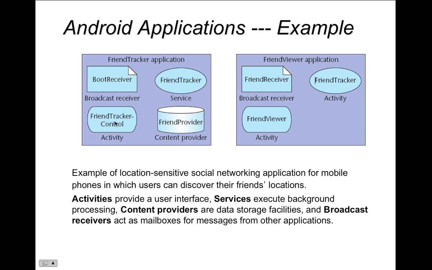The friend tracker controller, if we look at this from a model view controller perspective, would be the activity of the friend tracker. And then on the friend viewer, it's basically viewing, so the activity would be a friend viewer with a broadcast receiver and an activity for friend tracker. An activity for friend tracker would be running this activity on the viewer, because they have to communicate with each other. So services,